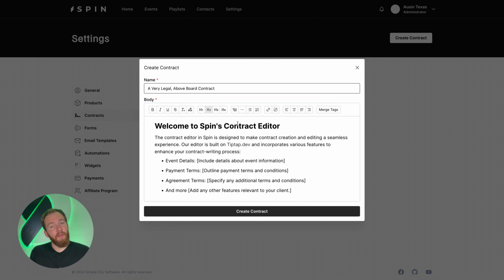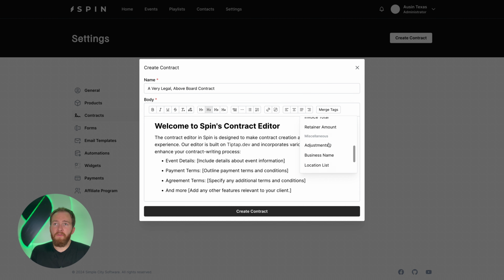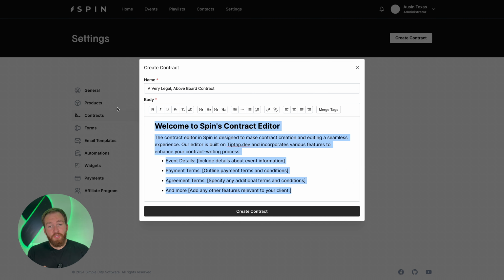And then on the very right side, you're also going to see a merge tags menu. Now, clicking on that merge tags menu is going to bring up all sorts of different information that you can inject live data into each event. So you can create one contract template and then each event have the contract specifically customized for them with event details, location details, financials, and miscellaneous. So we're going to use those merge tags in a very short, very legal, very above board contract that we're